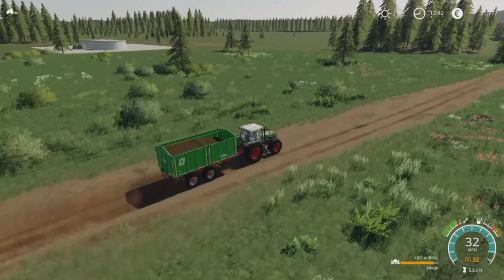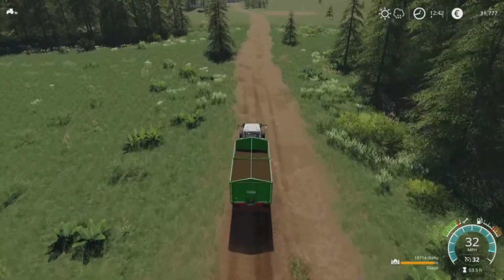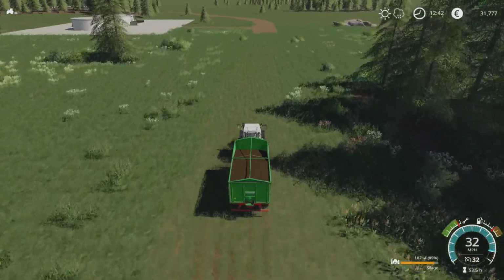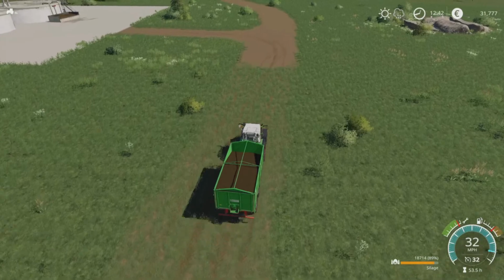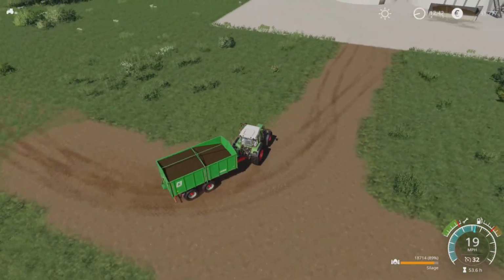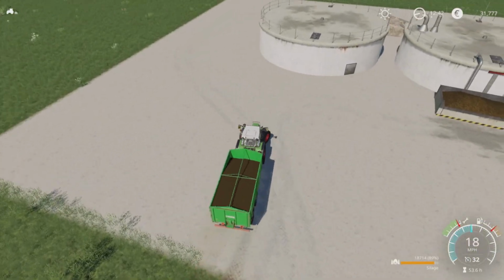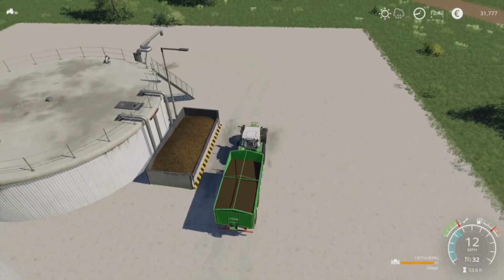So there we are, our first new sell point, new bit of the map outside of our farm. Kind of thinking earlier when I was driving down here that I probably should have made this path, this track over to the left a bit, because as you come in now you kind of got to do an outward swing. It's not a problem, but if we do put a fence up or